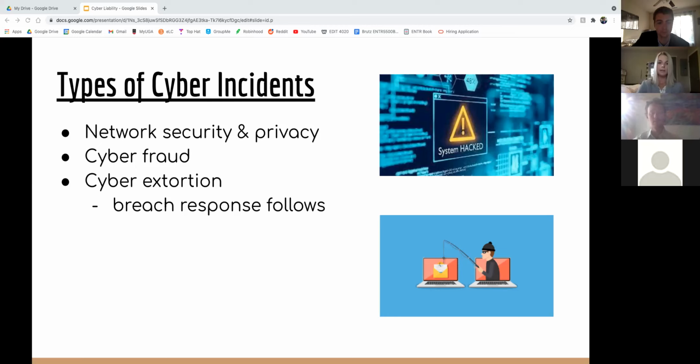Cyber fraud is where a company's funds or assets are stolen by tricking individuals into providing information, personal or financial information, to the bad guy or wiring money to them. Examples of this include social engineering, invoice manipulation, and phishing. Some losses companies can face from these incidents include business interruption, reputational damage, directors and officers liability, cryptocurrency broker fees, data and software loss, third-party privacy claims, regulatory fines and penalties, defense costs, and incident response expenses.